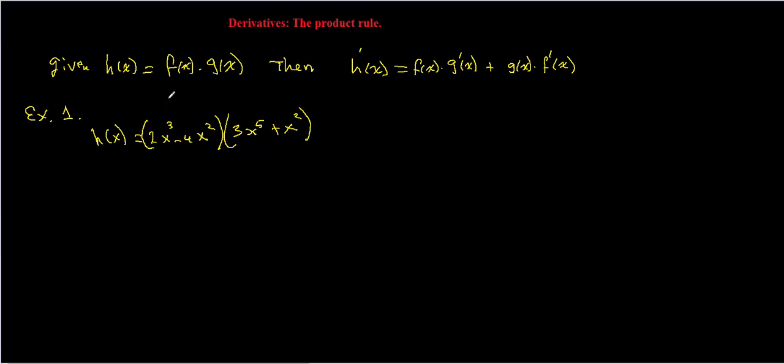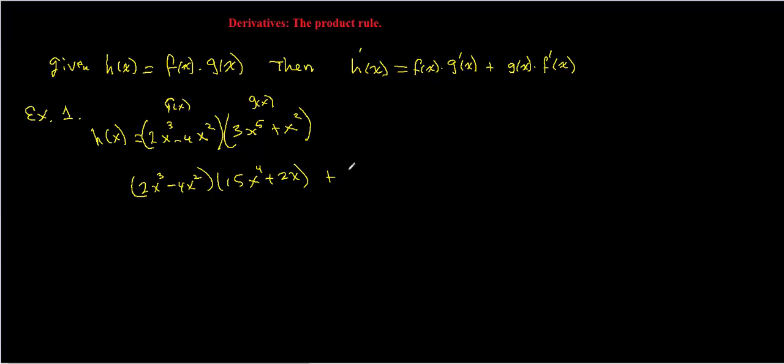Here, this will be called f of x, and we'll call this guy g of x. So then, if we take the first function, which is 2x to the 3 minus 4x to the 2, multiply that by the derivative of the second function, which is g of x, this will give us 15x to the 4th plus 2x,